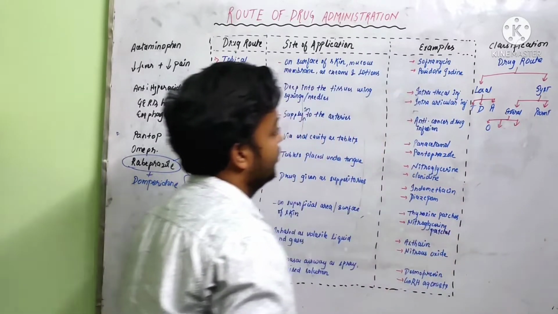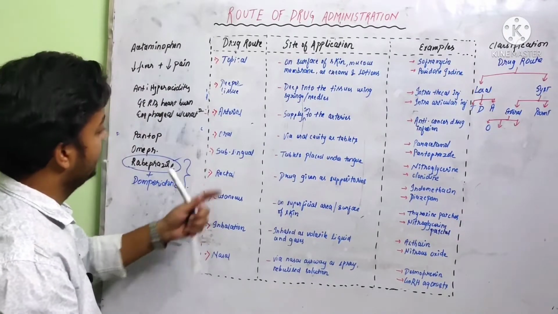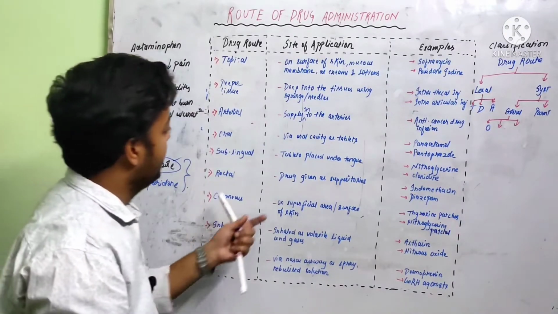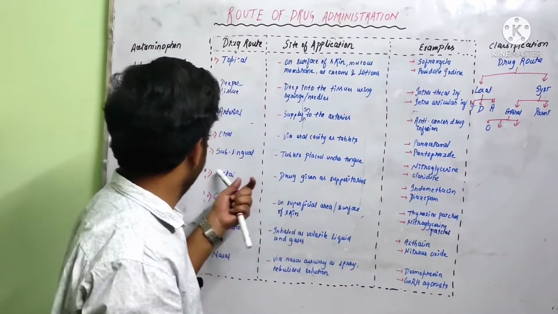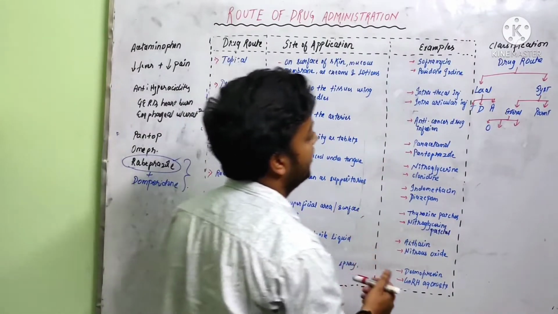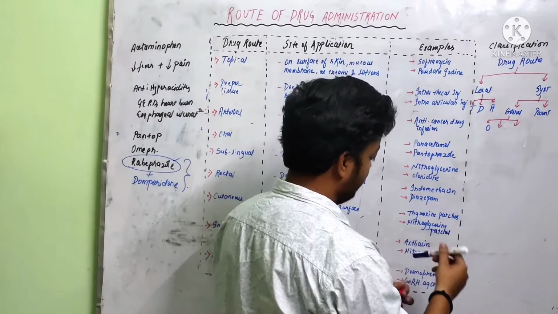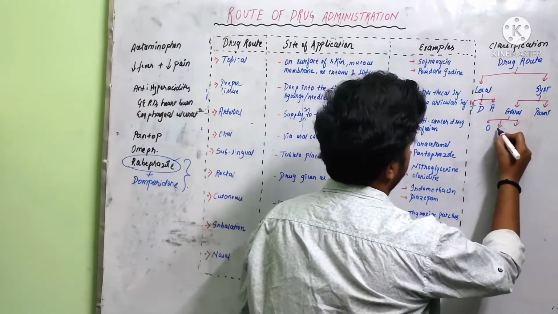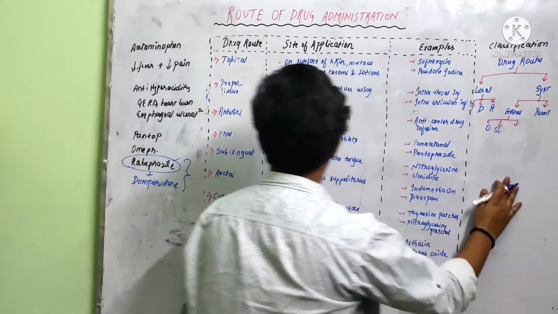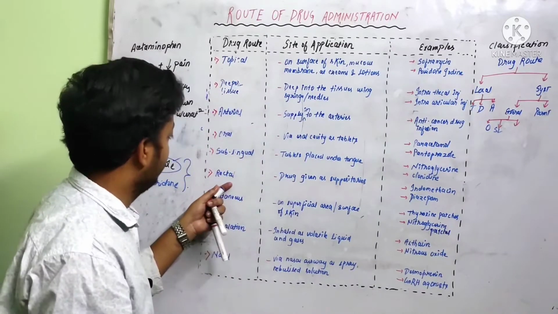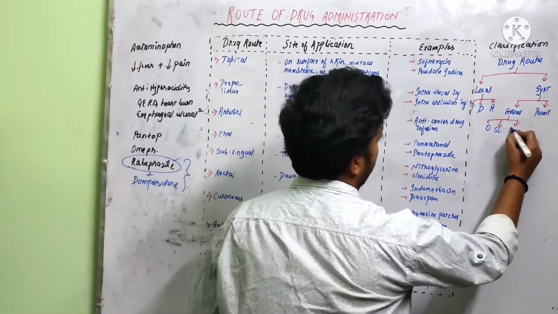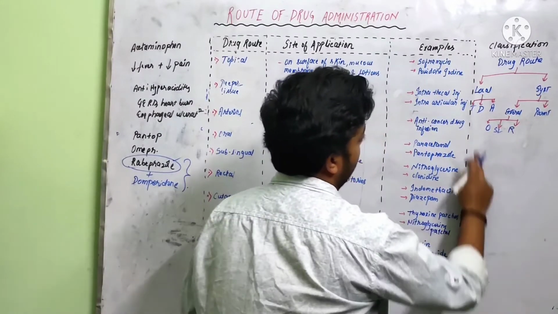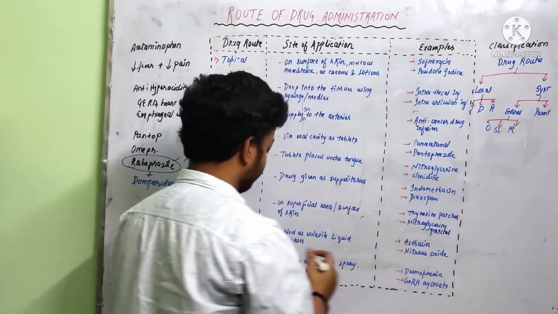Guys, next. Before moving on, just check it out. We have sublingual. Guys, the tablet is placed under the tongue, and after the tongue it will go to the GI tract. So the sublingual will also come under the classification of enteral. Let's write it down. This also involves the GI tract. And then we have the rectal. Guys, rectal is also part of the GI tract, so this also comes into the enteral route of drug administration. That is oral, sublingual, and rectal.